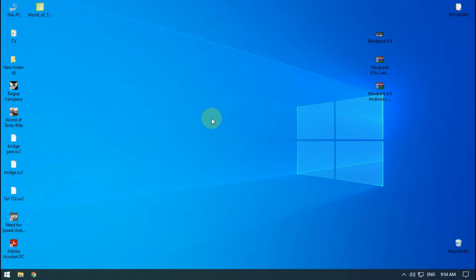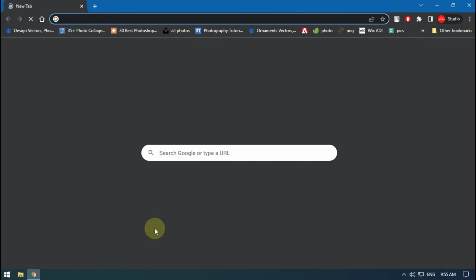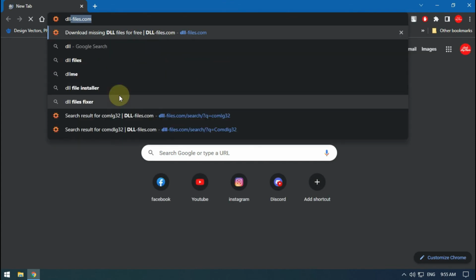Although there are many ways to fix this issue, one perfectly sure way that has always worked for me is to manually download the DLL file and place it in the app's folder where it is supposed to be, and it's really easy to do too. Let's see how to do that. Actually, this time I have no issue with DLL files to show you guys, but I'm going to guide you through the method.